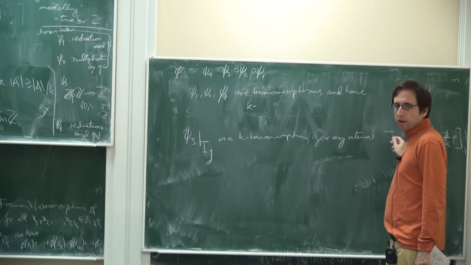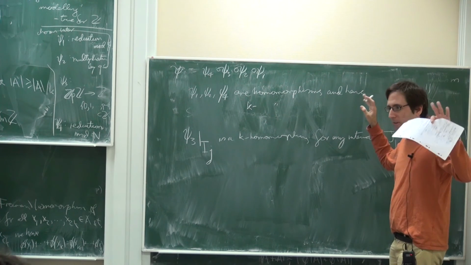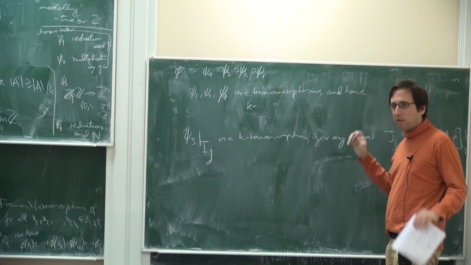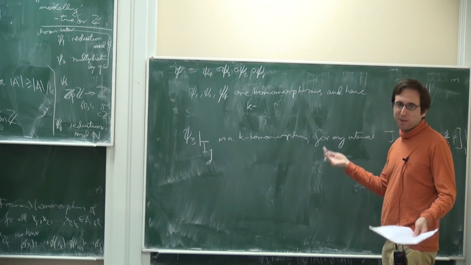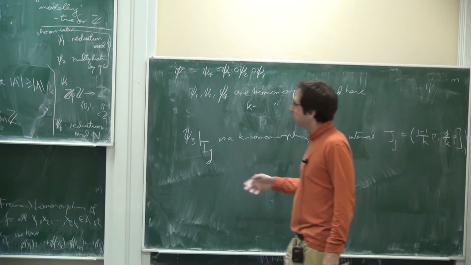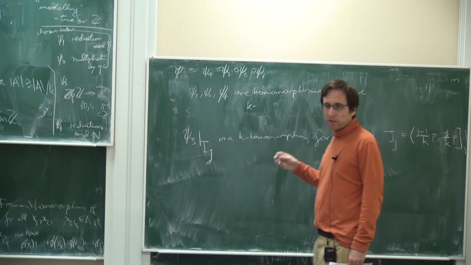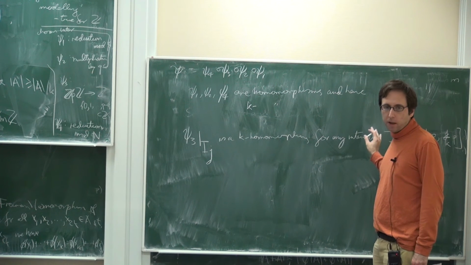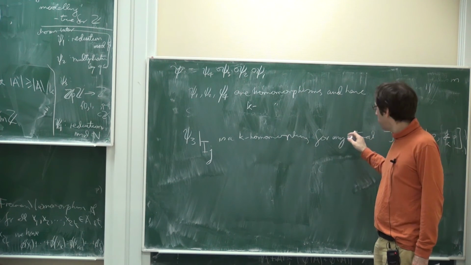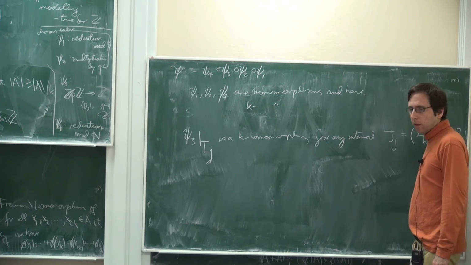All right, so the modulus map, let us call it the modulus map, Psi3. So it's the dishonest modulus, because modulus is really the reduction, but, you know. The dishonest modulus is a k-homomorphism on the first interval. And it's also a k-homomorphism on any interval of this form. Why? Because